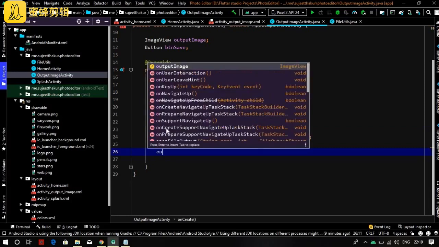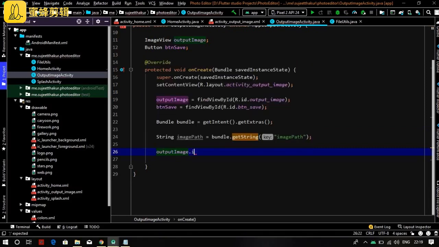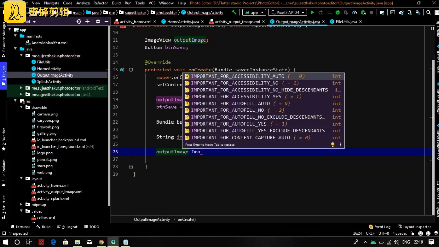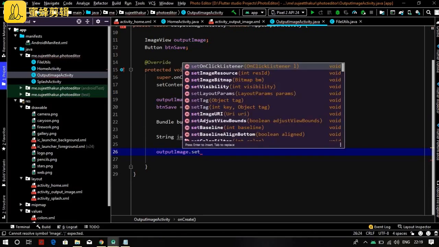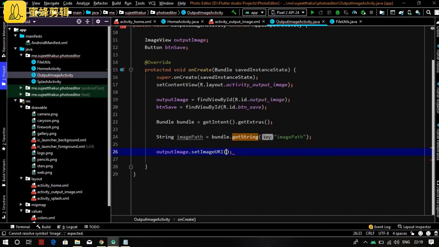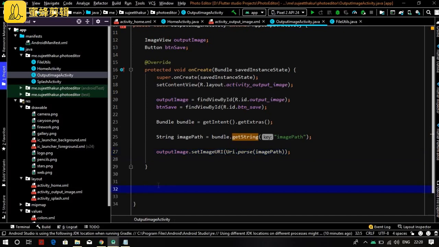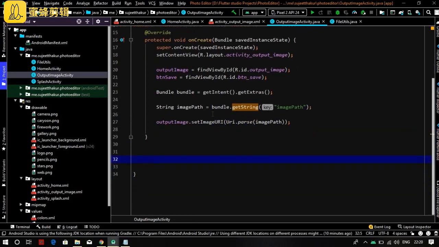Now output image dot set image URI, add image path, and press alt enter. Click on add, alt enter, and wrap this with URI dot parse. Now it's done. It will render the image on our image view that we have already set in the XML, activity output image XML.